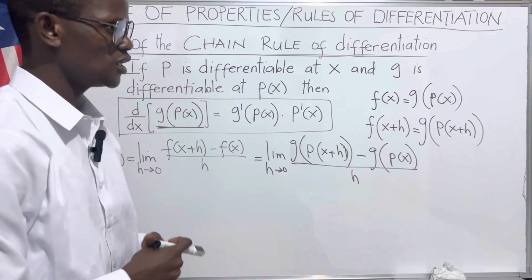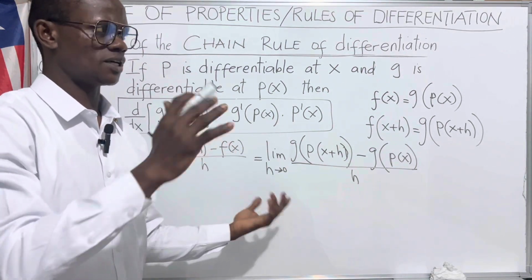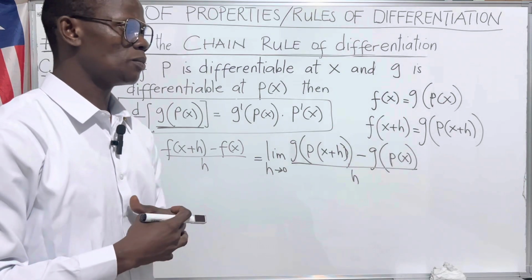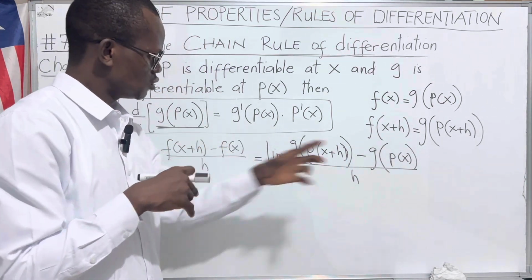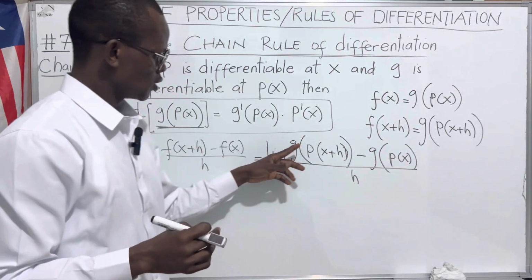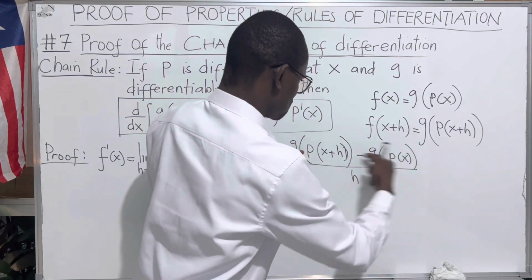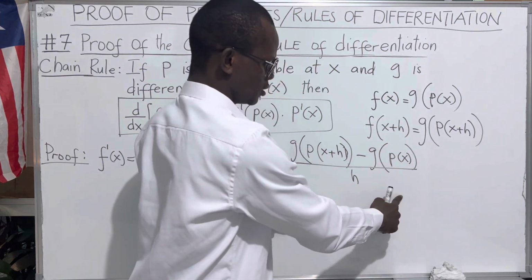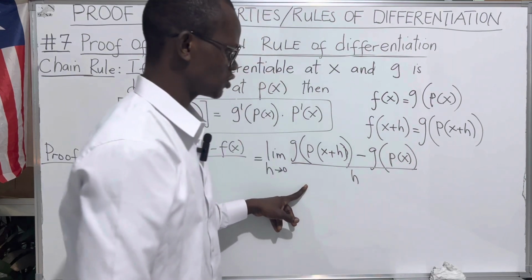In the product rule, we added some other factors or expressions, but for this case, we must attach some other factors to this expression, because we need some similarity within the numerator and the denominator,